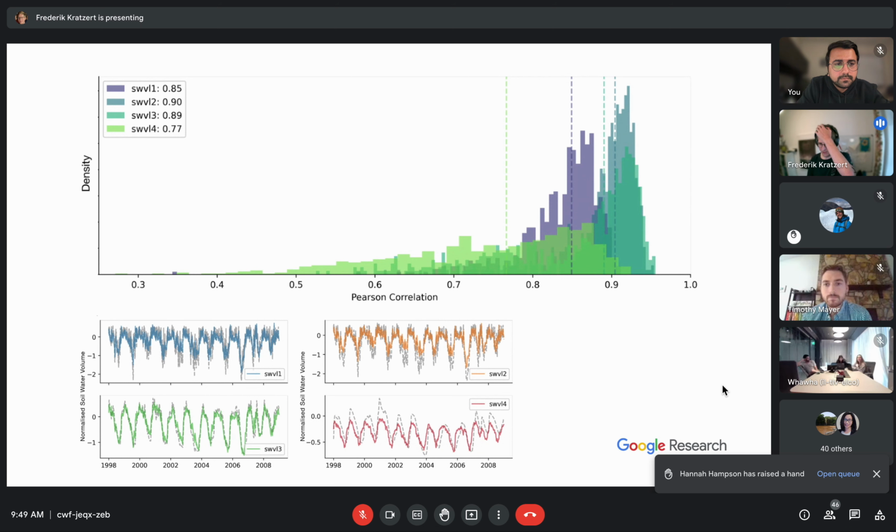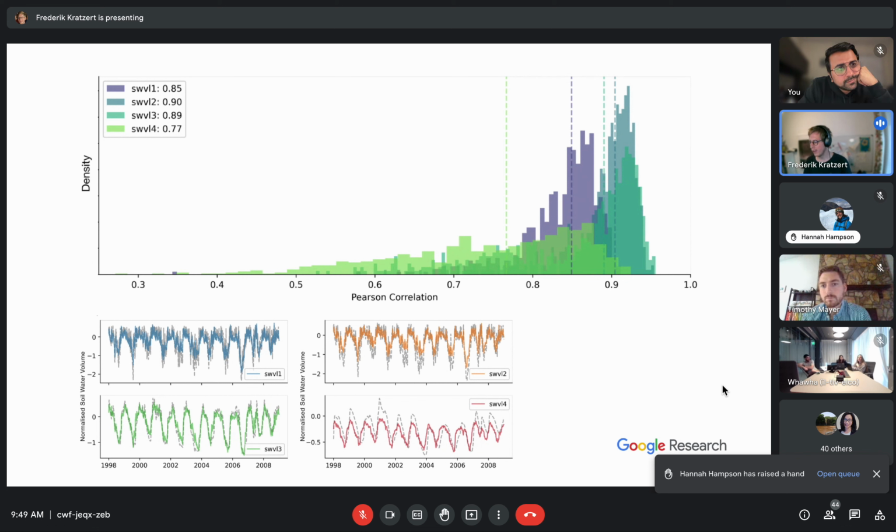Okay, so maybe the first question, whether we use static catchment attributes. It seems like it was not clear from our presentation, but yes, we do, as much as possible. They are just concatenated at every time step to the time series input, like the meteorological inputs. And this is really important. If you train a regional LSTM, you should use meteorological time series and static catchment attributes. And yes, this is what we do.